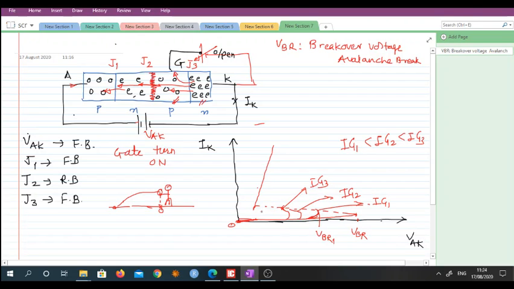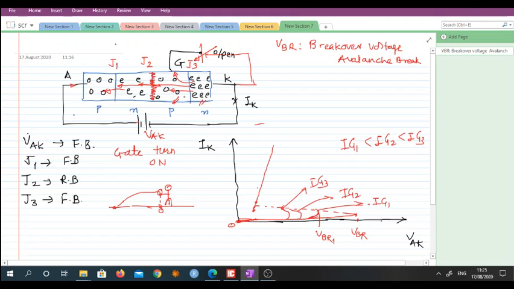Okay, now again there are two important points to note. Once the device is turned on, there is a sufficient current flowing through the device. But the important point to note here is that at this position, if I remove this gate potential, then also the device will keep conducting. This is very interesting to understand. This is a very special feature of this device. Even though I remove this gate potential, the device will keep conducting.